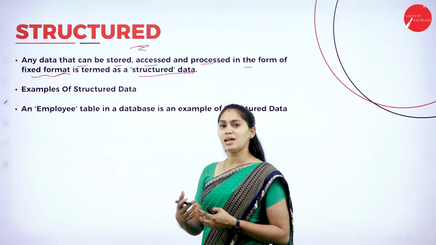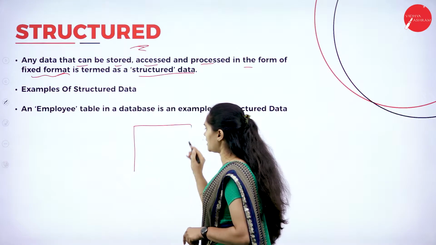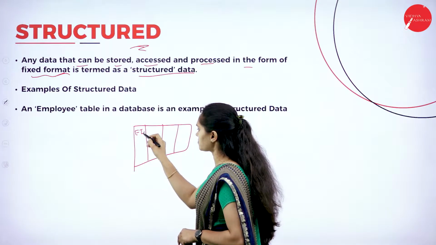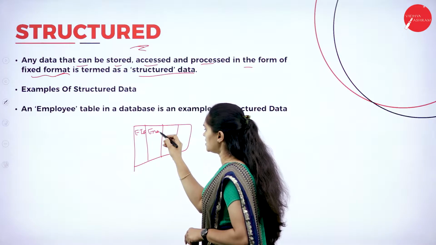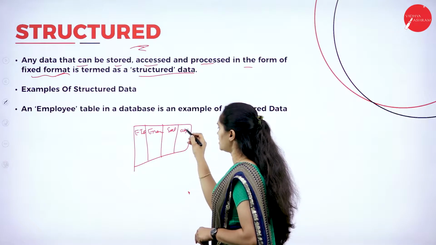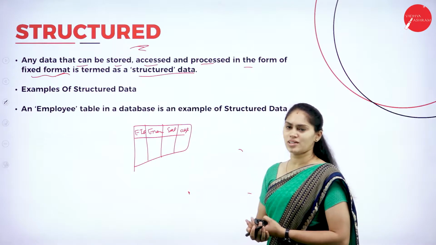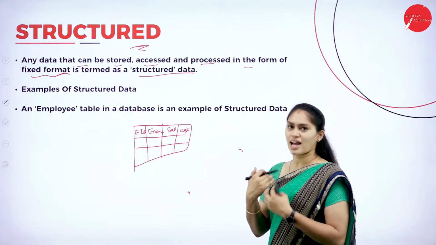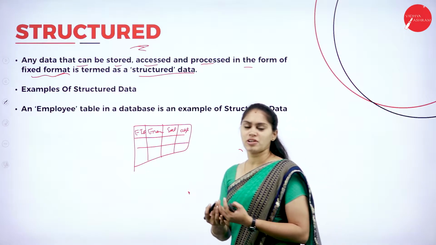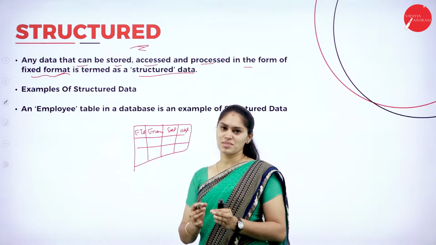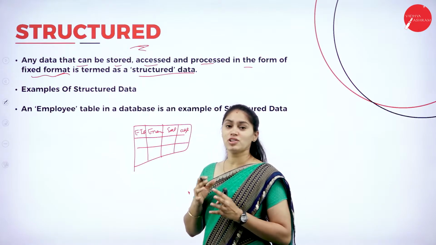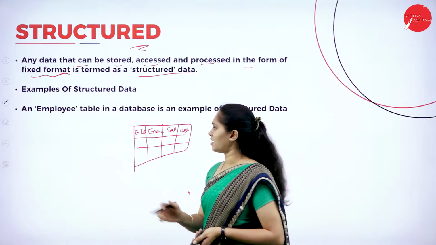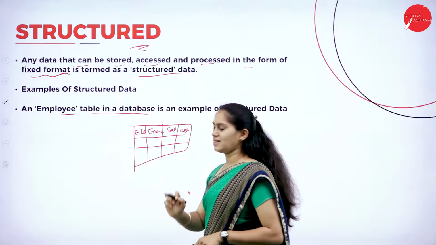It will have a table of employee. So if you consider the employee table, what does it comprise of? It will have an employee ID, an employee name, salary will be there, age will be there. So there will be some fields, there will be some records. That means it has a structure. Every data will be stored in some format for my accessing, for my storing of data. So in order to do some filtering for all the data, we have some structures. It will have some fixed format. That kind of data will be termed as what? Structured data. So the example is what? Any table in the database.